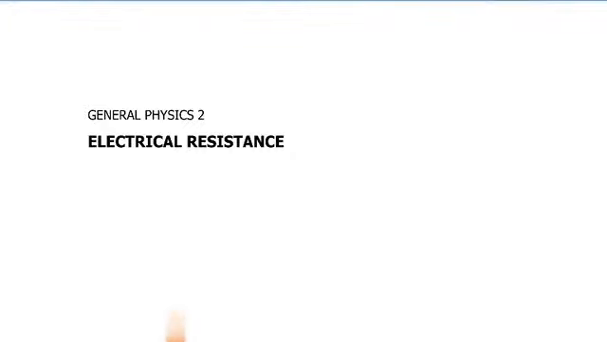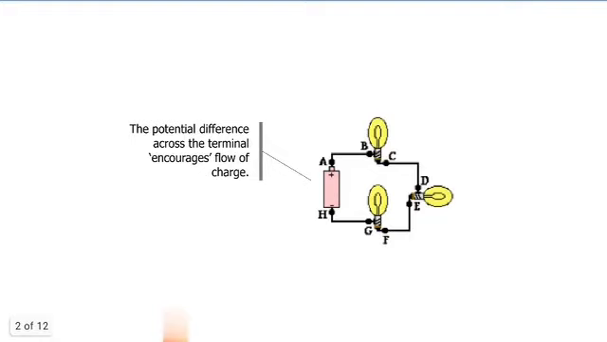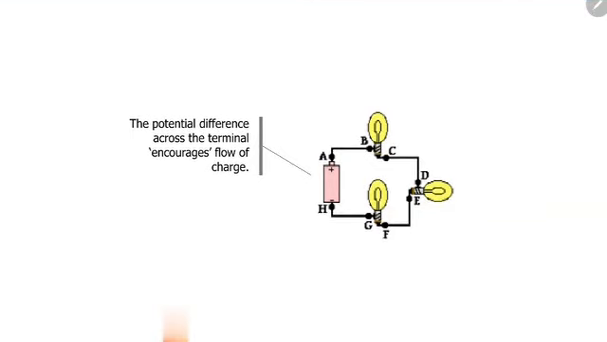So this is the 7th module on Physics 2, and this is going to be about electrical resistance. From our past modules, we know that there's a potential difference across points A and H. At point A, that's the high potential point, and at point H, that's the low potential point, the